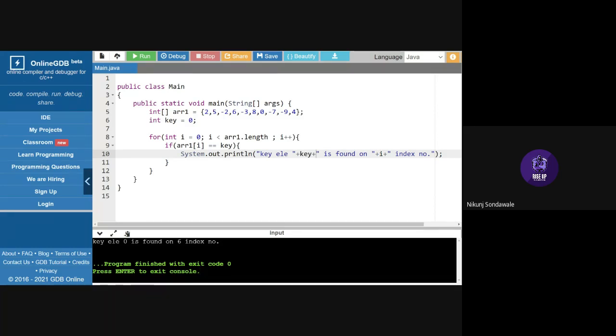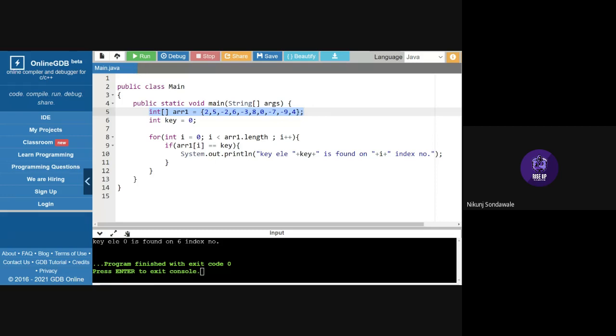Get it? So let's understand this program depending on the output. First of all, we are declaring our main class, and inside that main class, we have our main method, right? And now, if we want to perform a search operation on an array, a sequential search, for that, we'll be requiring an array on which we are going to perform a sequential search, right?